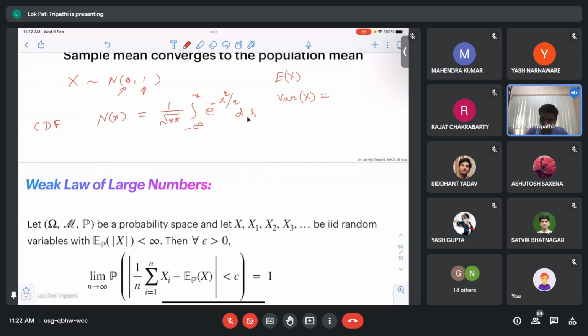How will you define the variance of a random variable in terms of its expectation? Expectation of x square minus, just like, square of expectation, or maybe minus of this. Exactly. Or equivalently, you can say that it is expectation of x minus expectation of x whole square, isn't it?